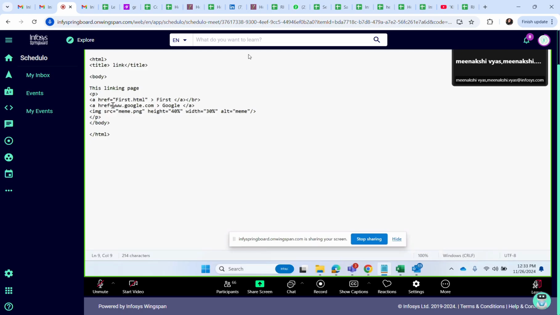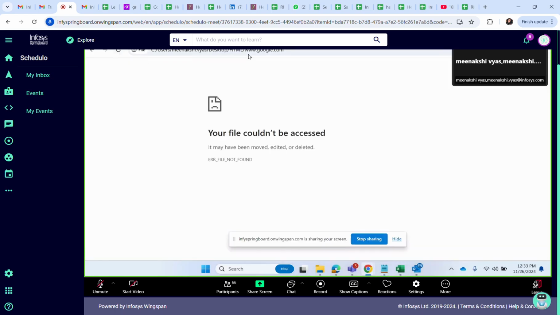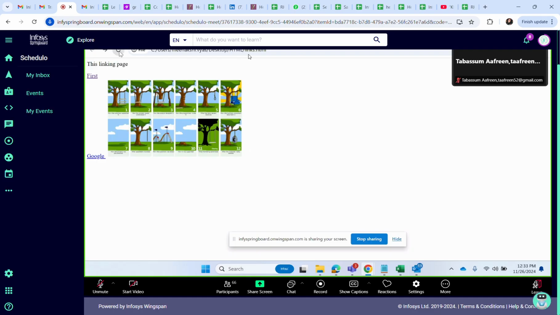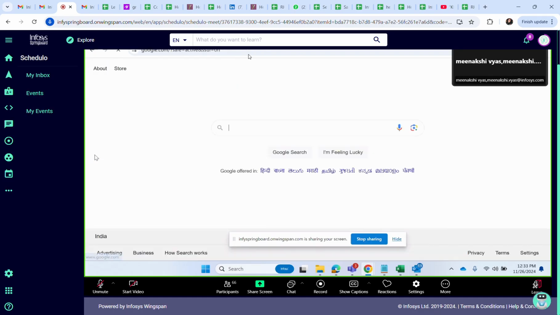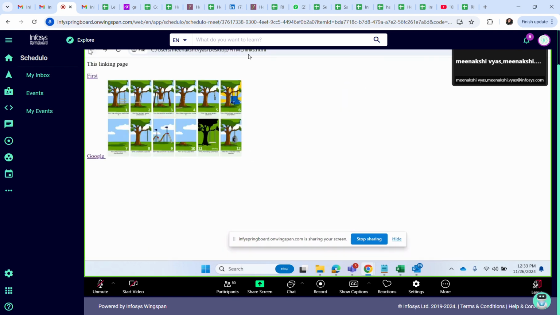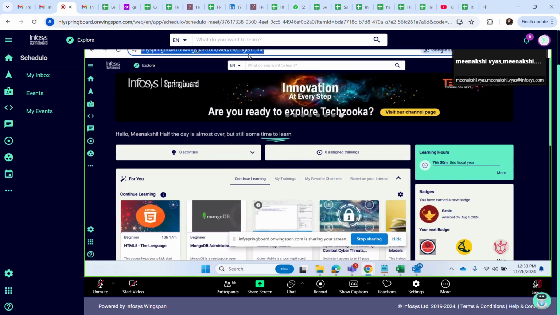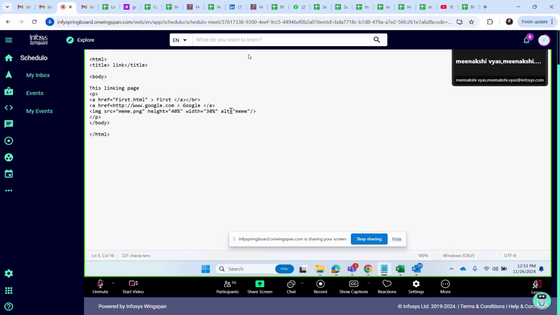So what I have to do, let's write http, Control S. HTTPS, I guess it's a secure link, no? Yeah, let's try. No, it's open. So http also you can write, https also you can write. So instead of just writing the domain name which we write in the browser, we have to write http, right? http is mandatory.